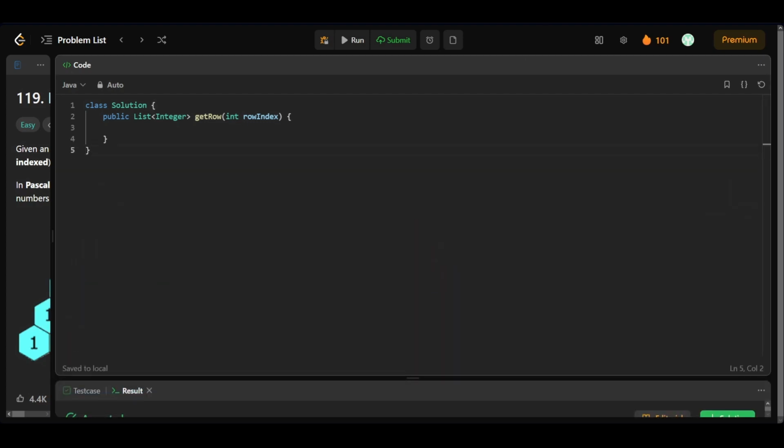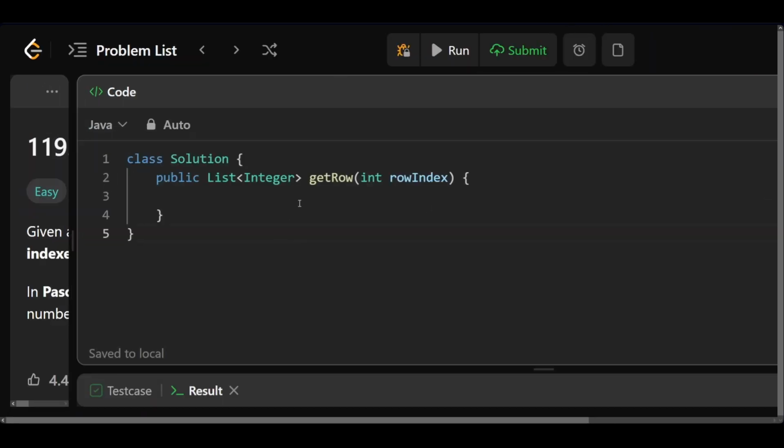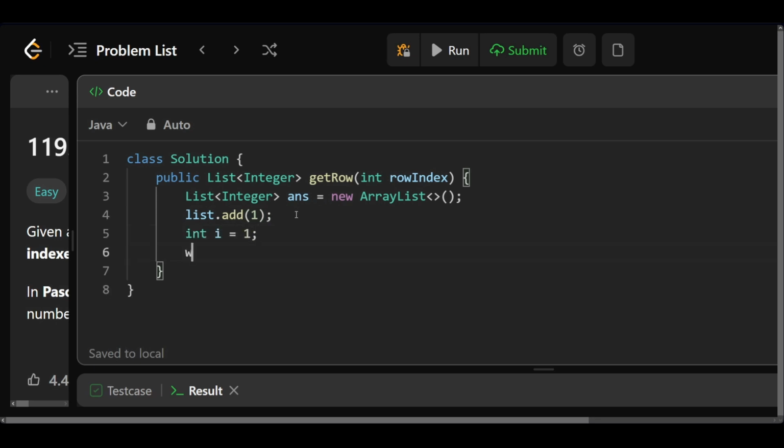So let's zoom in first. Okay, so now let's start with the solution. Let's declare a list of integer, named answer, equal to new ArrayList. Then answer dot add 1, simply because in the base case we'll always be adding 1. Then let's declare a variable i equal to 1, and while i is less than or equal to row index,